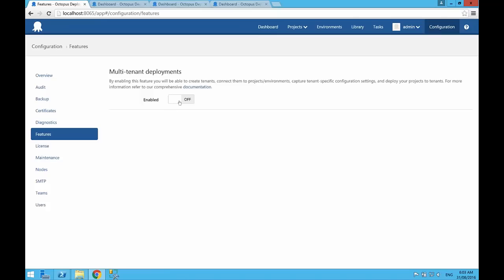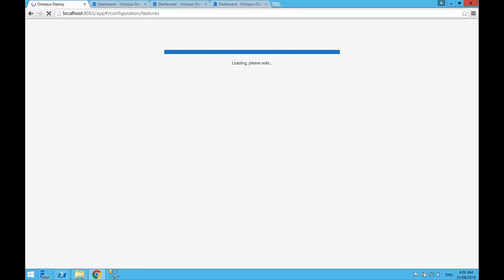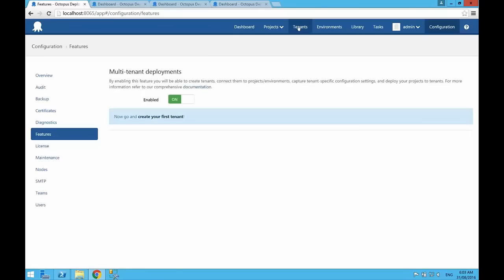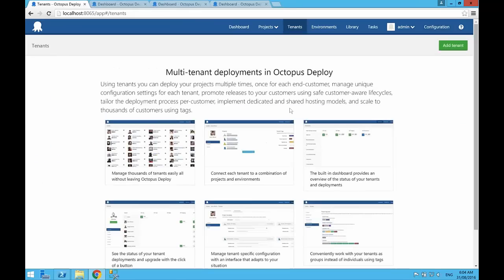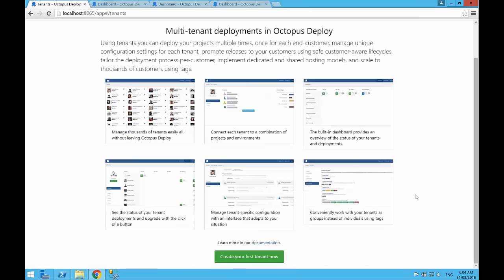The reason we did it was because it's going to introduce a Tenants tab at the top of our screen. And typically with Octopus, we don't want to overload concepts onto our customer base unless they're actually using those concepts. So we're going to turn that on now, and we'll reload the screen, and you'll notice the tenants tab has arrived. We get a few little breadcrumbs hinting us through to go and create our first tenant. We'll do that, and there's a nice little introduction screen that shows you some of the things you get to do with tenants. You can jump into our documentation, where we've got a really nice guide